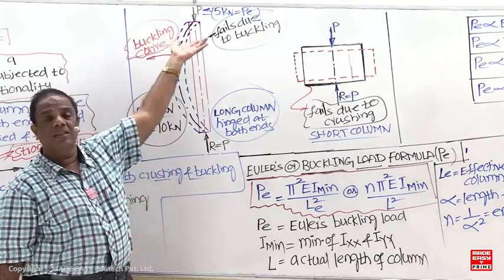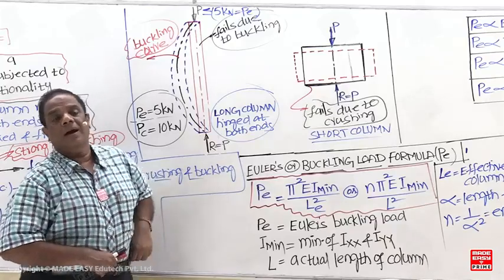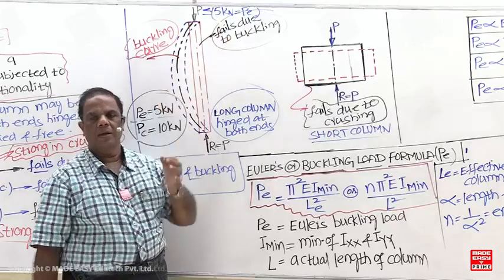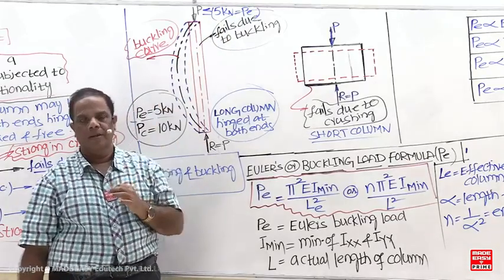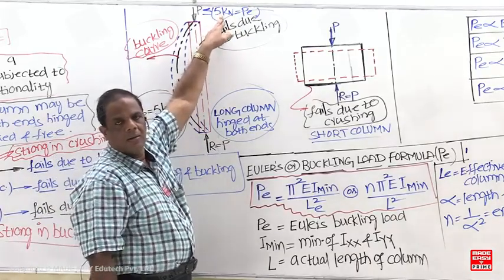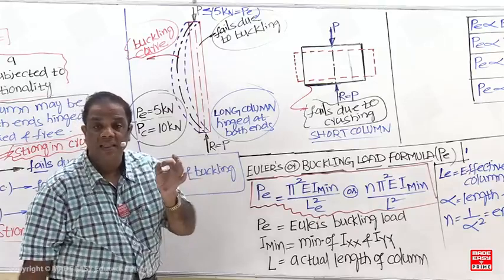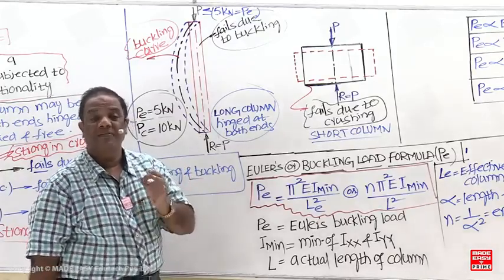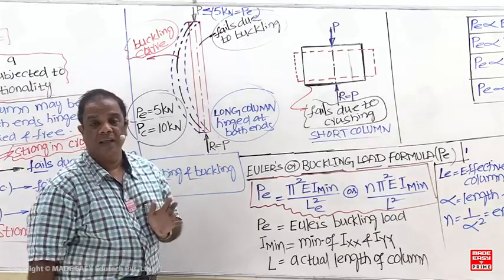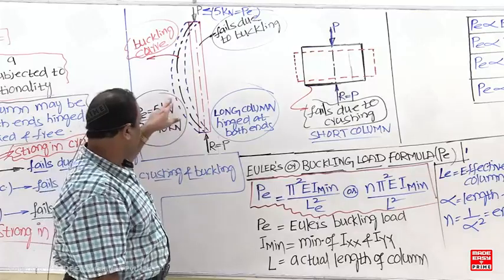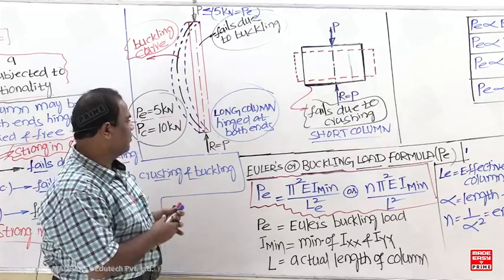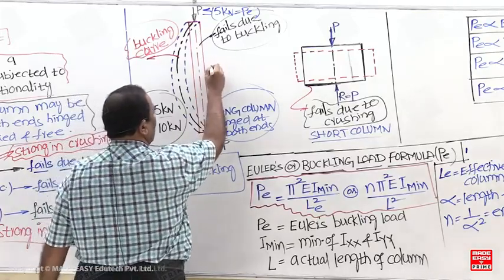So whenever the load is more than the buckling load, what happens now? Buckling will occur. When there is no buckling, there is no crushing. So what is the buckling load definition now? This load I am calling the buckling load. What is the meaning of this buckling load? The maximum value of compressive load that a given column is able to withstand without undergoing any axis deviation, that is, without any buckling. So always for a long column, what is the condition now?